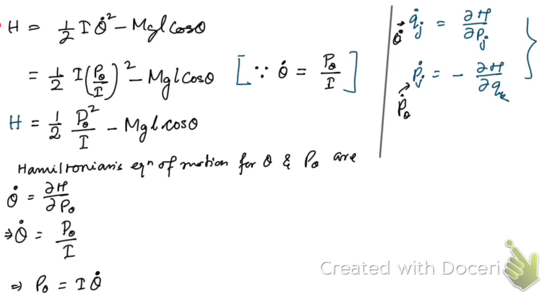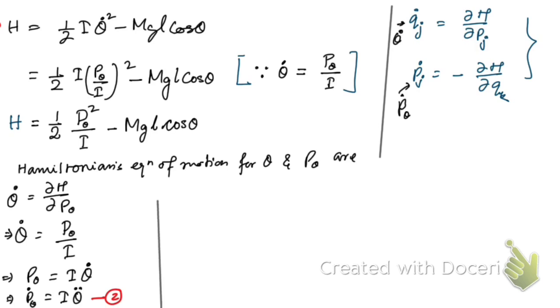And if you differentiate it again, then p_theta dot is equal to I theta double dot, right? If you differentiate it again, you get this. This is, suppose, equation number 2. And the canonical Hamiltonian equation for p_theta is p_theta dot